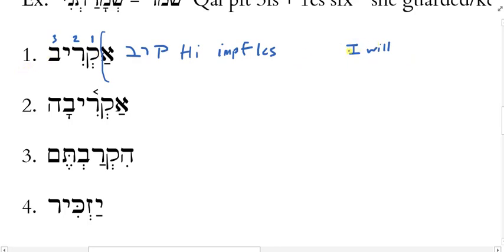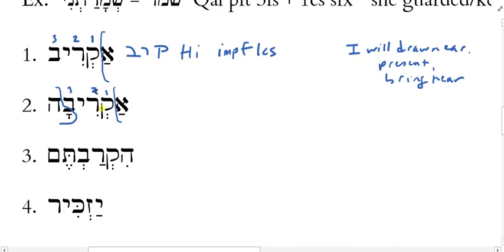Now, what are some possible meanings for this? I will draw near. I will present. I will bring someone near, right? So those are all possibilities. All right. Now, number 2 has almost the exact same forms, karav, same prefix aleph, but I have a kametz